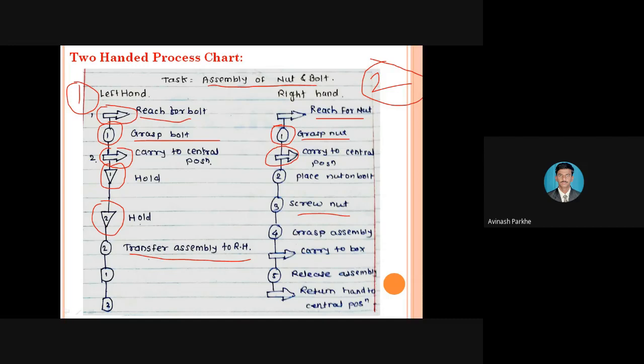That means once your assembly is over, I will transfer that particular assembly to the right hand. Here it is represented in the left-hand process chart. And then I will take that particular assembly towards the box. It is represented by the transport symbol. Then I will release that particular assembly from my hand. I will put it in the box. For putting it in the box, I will release that particular assembly, and again my hand comes to its original